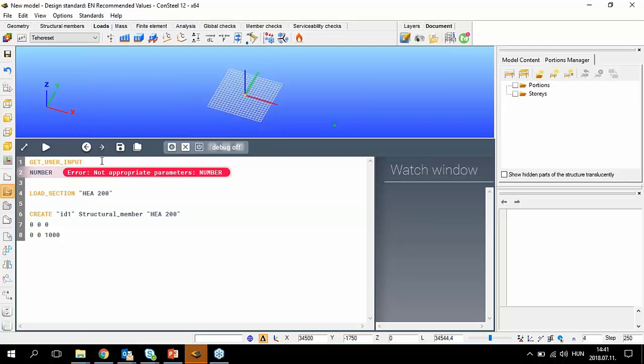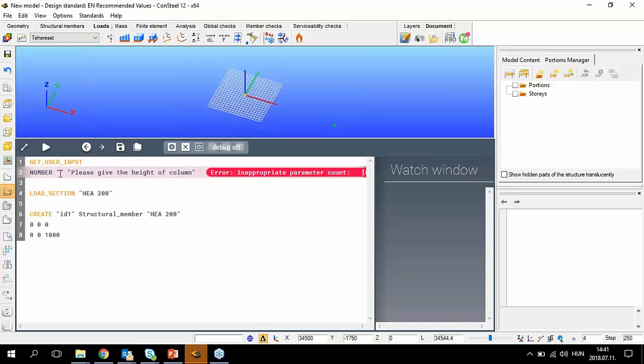At the number option we have to define two parameters. Let's start right with the second parameter, which is basically just a text which will be highlighted on this user defined dialog. So I can, for example, type that please give the height of the column,